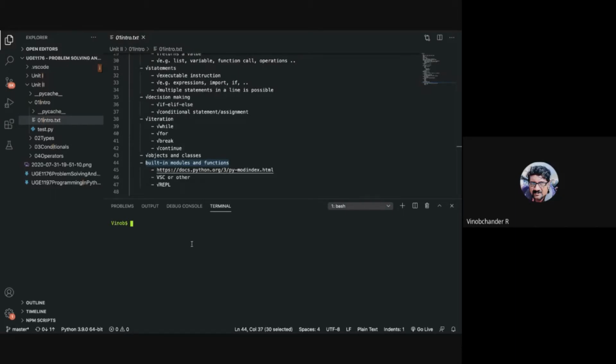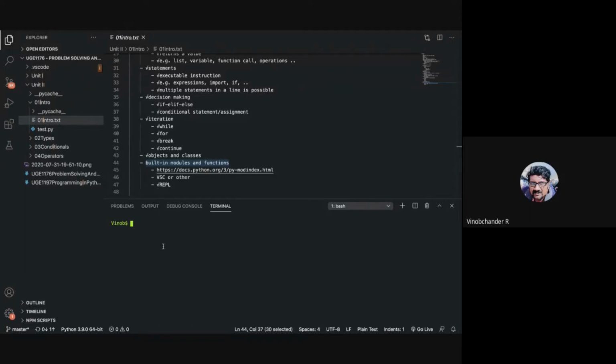So modules may contain functions, they may contain classes and other properties, right? So essentially a module is a unit which contains classes, variables or properties, and functions. And these modules have so many different functions that you can make use of in your program, depending upon the problem asked.